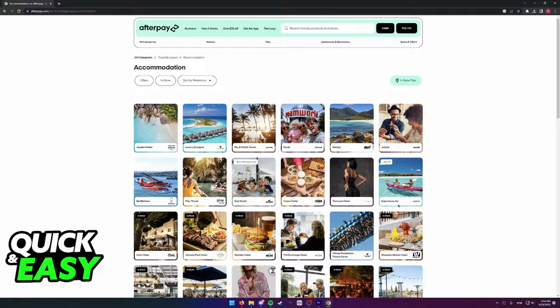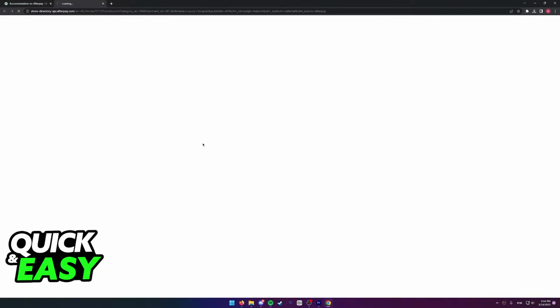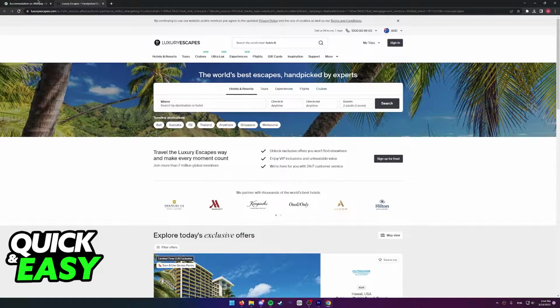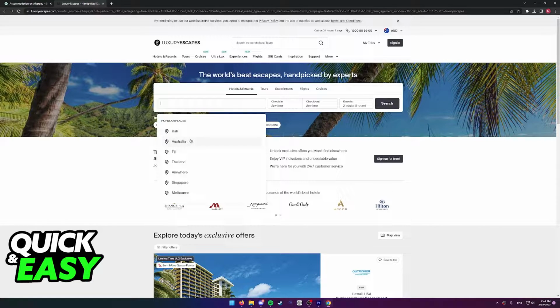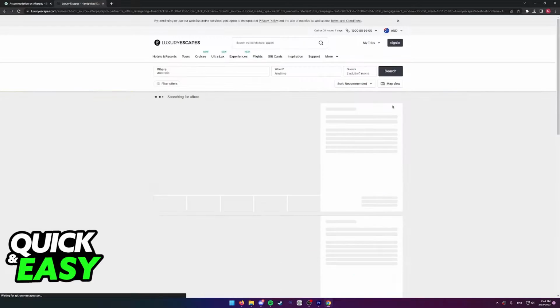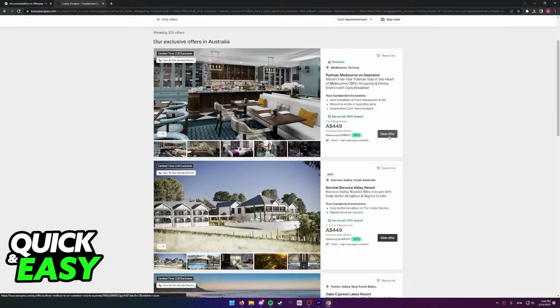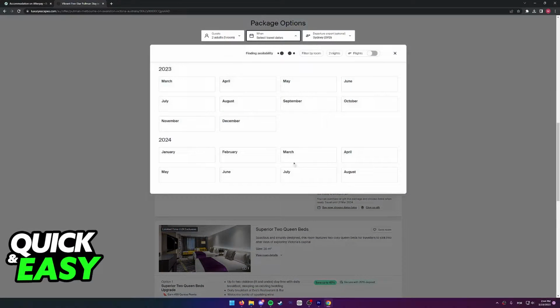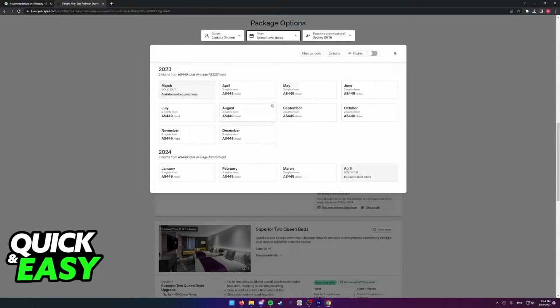After you find a specific hotel you would like to use, simply click on its name and you will be redirected to its page. It is through this redirected link that we can use Afterpay. So after you are redirected, simply go through with the process of looking for the specified hotel that you would like to book. And after you are satisfied with your choices, you just have to sign into the website and